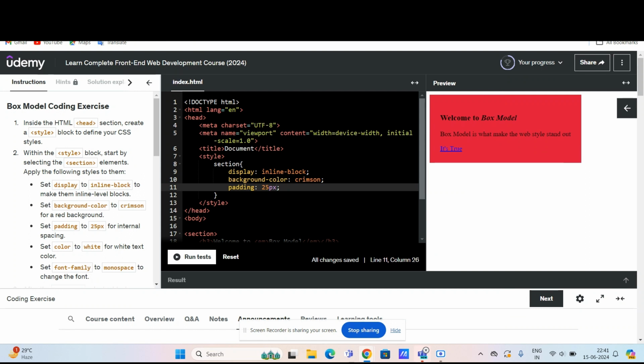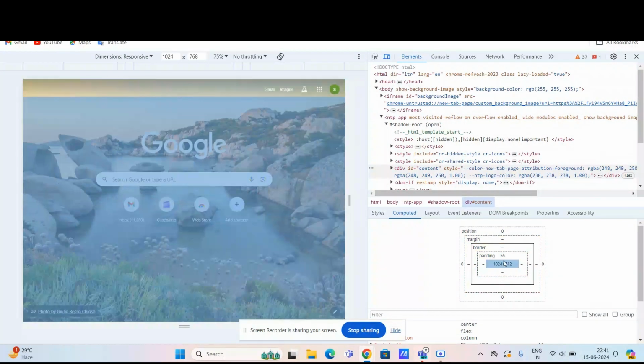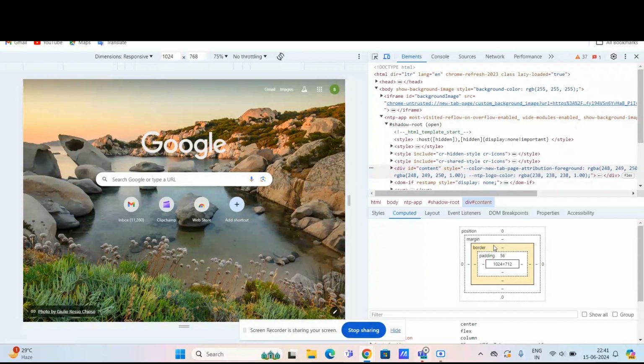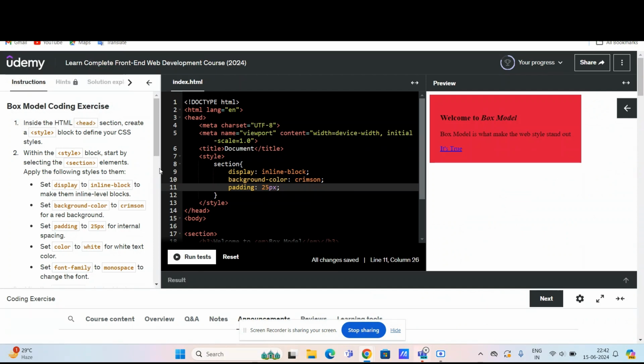Let's see the example of box model. Suppose this is a page. Here you can see this is known as a developer tool. Here you can see the box model. This is a content, padding, border and margin. Right now, for border and margin the value is null. Sorry. Let's see the example. Here I've written some code